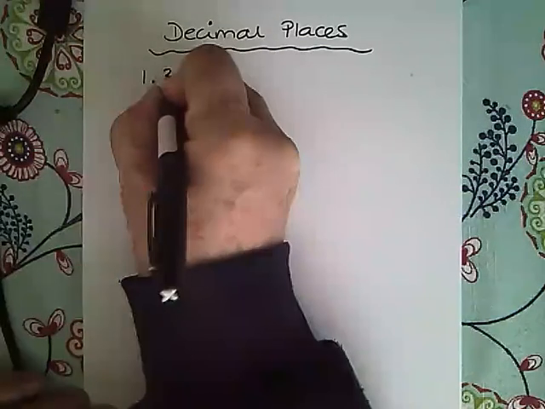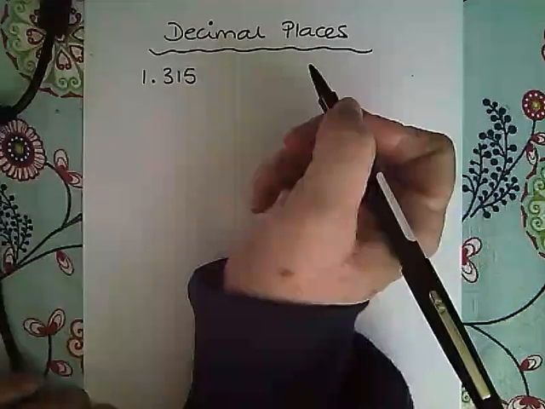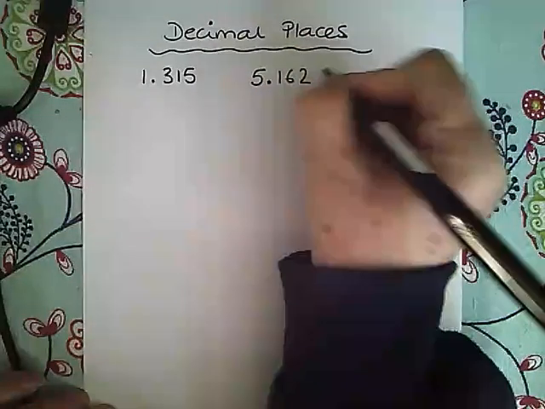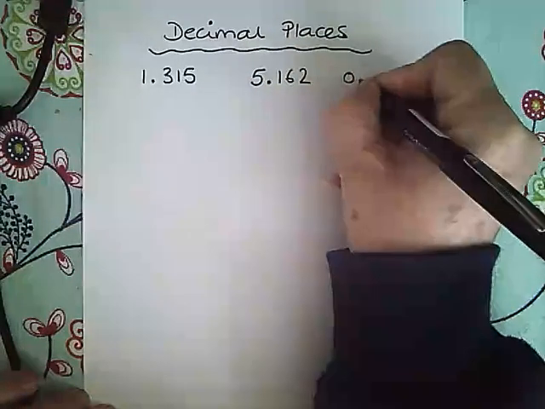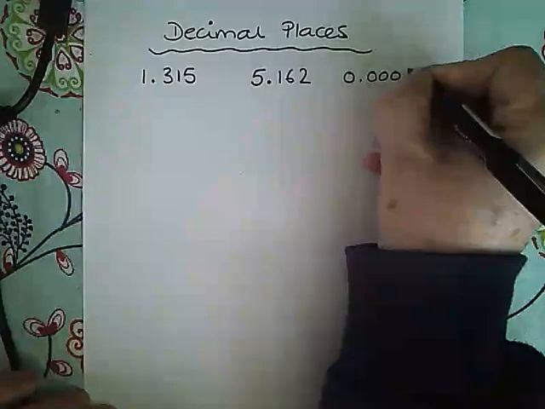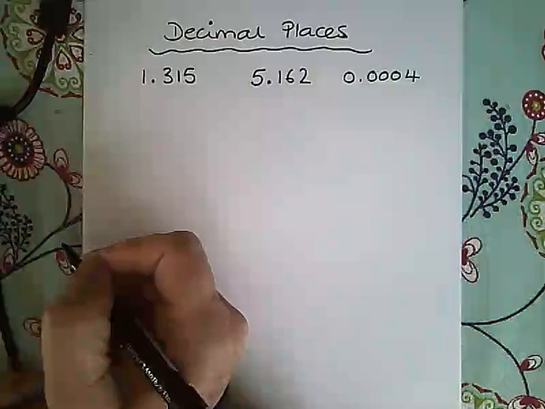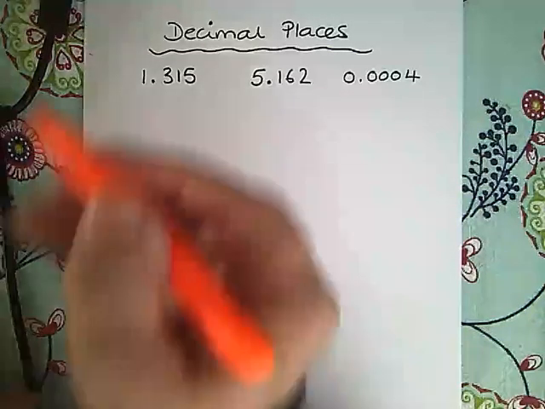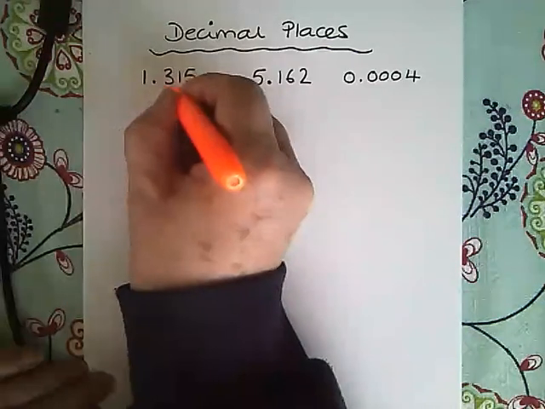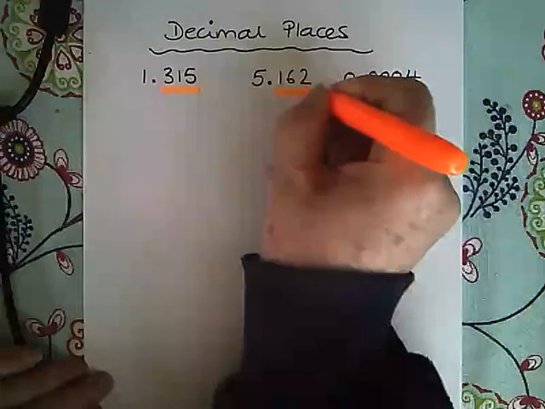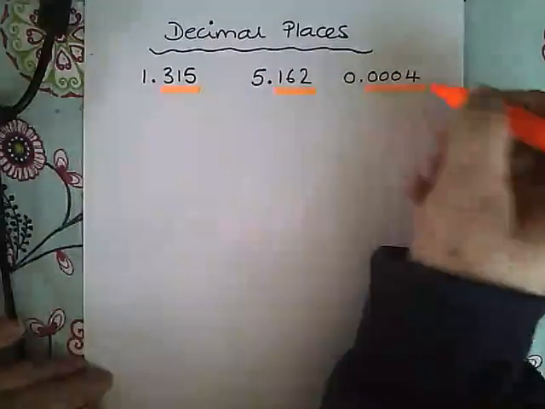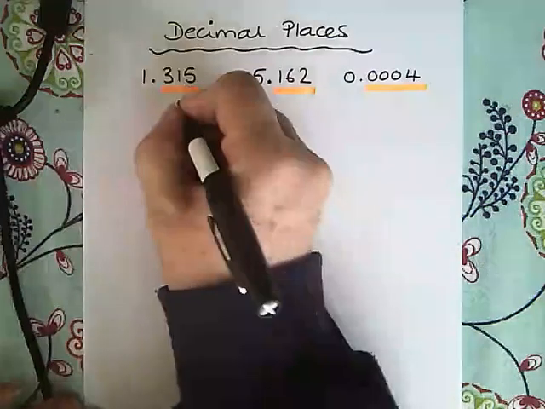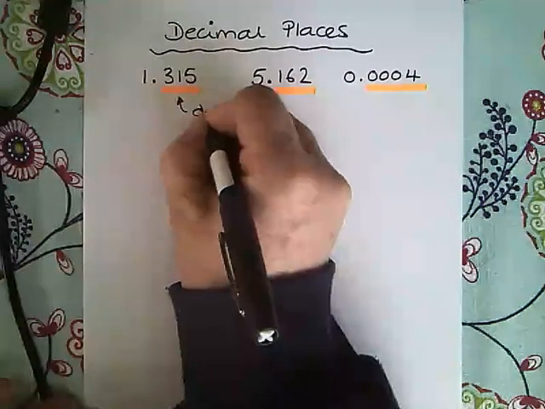So I've got 1.315, 5.162 and 0.0004. These are all numbers which have decimals in them, and when I'm talking about decimal places, I am talking about the numbers in these positions, and I've underlined them with a highlighter so you can see the numbers I am talking about. These are decimal places,